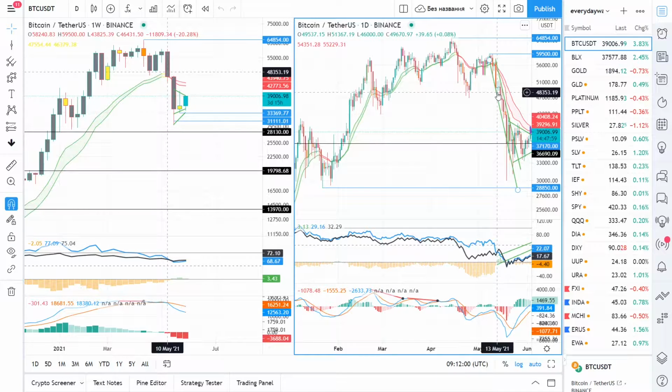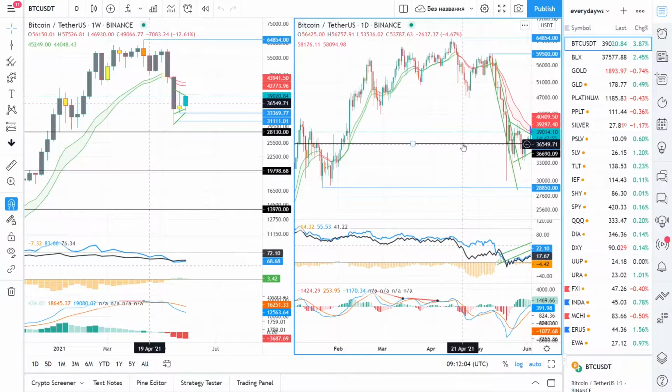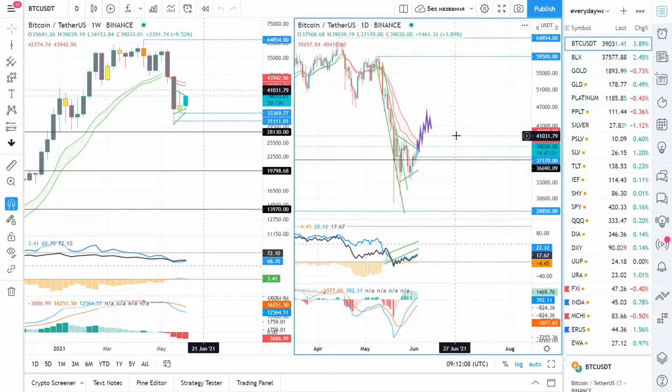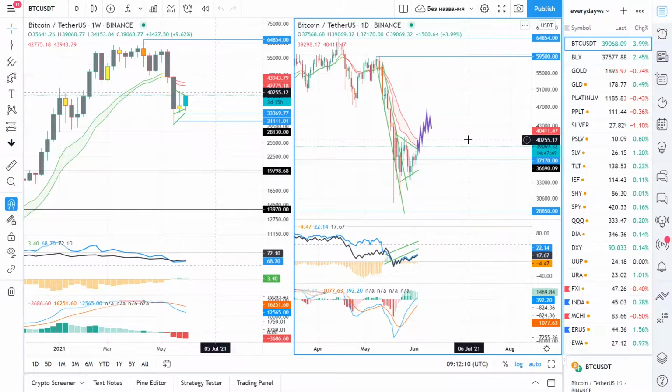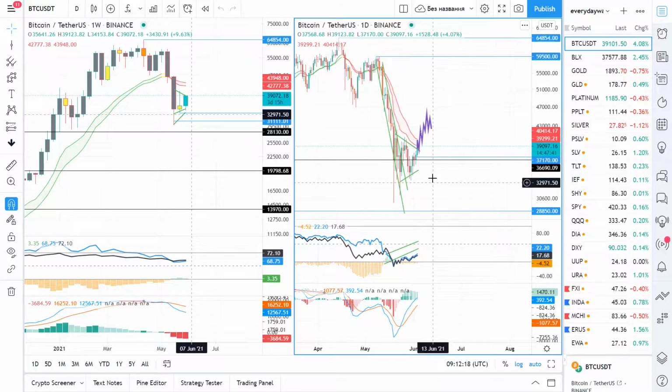It's never been like that. We always had a parabolic rise, and I think this is the case as well, but that's going to take some time. So long-term bullish on Bitcoin, short-term bullish on Bitcoin, but in the medium term,